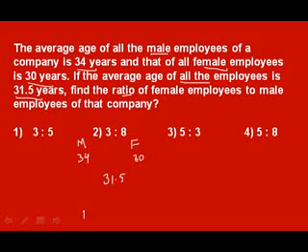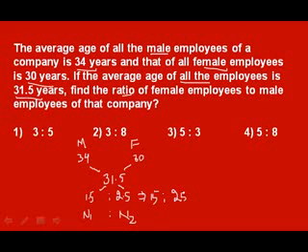Now this part here is n1 ratio n2. If you see the diagram that we just did in the definition, you can see there. So n1 is nothing but this minus this, that would be equal to 1.5, that is 31.5 minus 30, and this minus this would be 2.5, because 34 minus 31.5 is 2.5. So hence the ratio, if I multiply the ratio with 10, is 15:25, which is nothing but 3:5. So hence my answer is